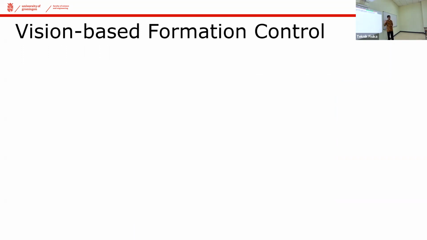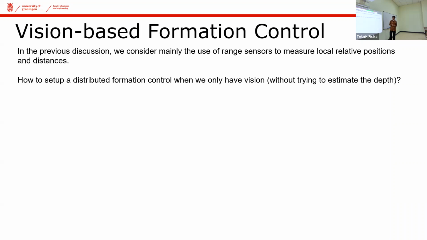The other one is vision-based. Previously we talked about distance-based, which uses LiDAR. Can we use other sensors, such as a camera? If you think about using a camera, what sort of information can we use to do formations control? I assume that from the camera, it's a bit difficult to do distance measurements. Something we would like to do is maybe see other features in the image plane, or in the image itself, and whether there are features we can use to do the formations.